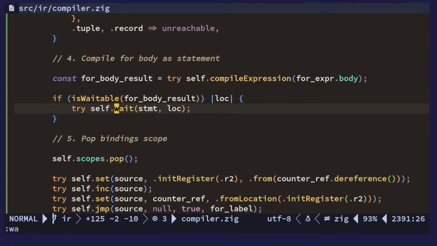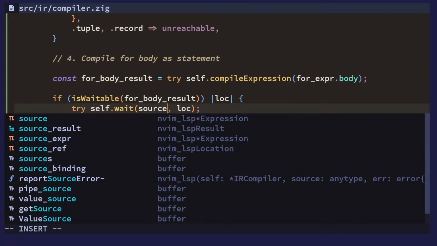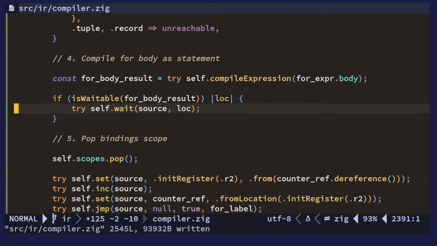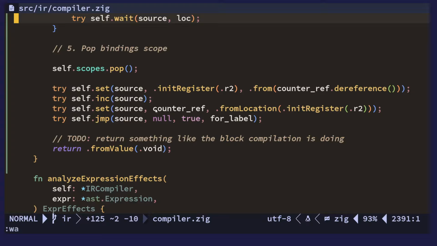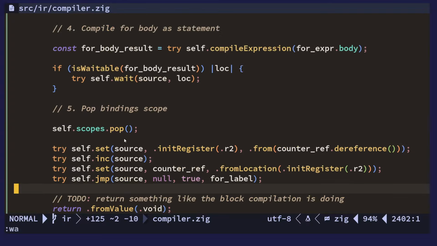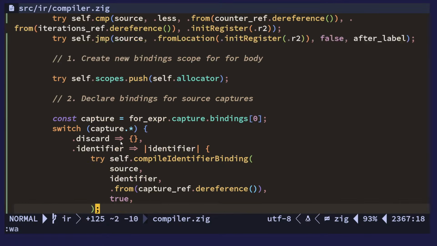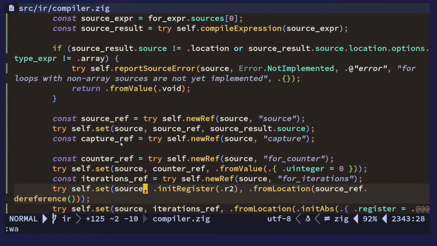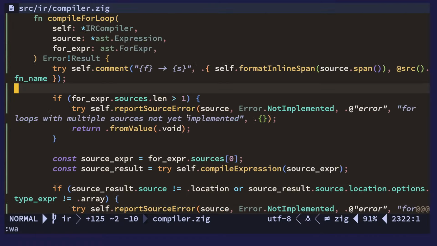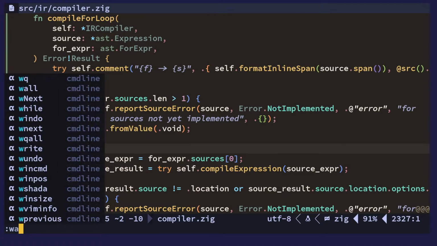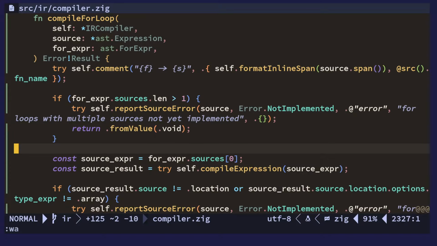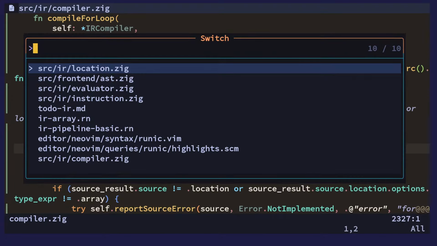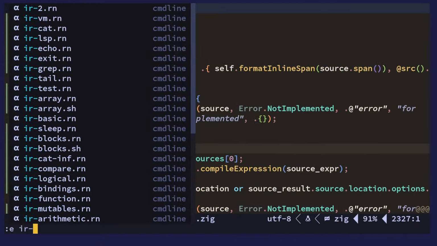And this would be the source, I believe, yes. Okay. All right. I think that's it right now. So this would support for loops, but only for arrays and only for one array source. So let's try this out now. Let's do IR4